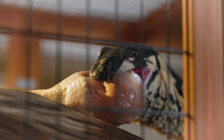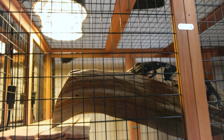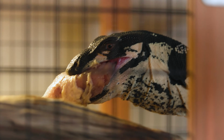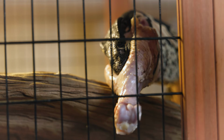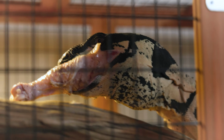I have 3 Bell's face lace monitors. Each of these lizards cost $6,500 each. That's just to purchase them. After that, you have the lighting, cages, and everything else that you need to keep these guys in good conditions and alive. So just this alone has cost me well over $20,000 in these 3 lizards alone. These guys eat chicken, tilapia, shrimp, quail, all those kinds of animals. I never feed them rats or anything like that because it's too fatty for them and it's not really a good diet. So as you can imagine, the grocery bill really adds up when you're feeding them this much meat